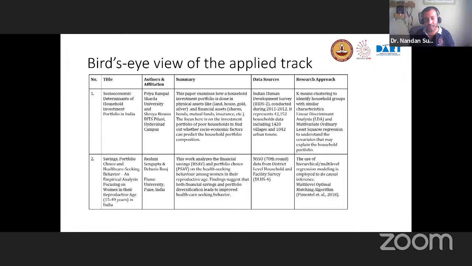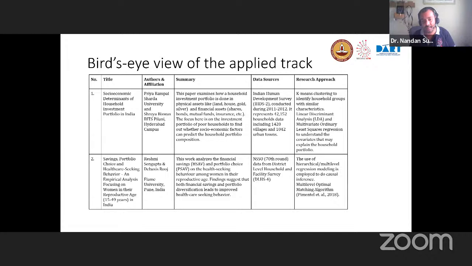In some sense, what does the research throw light on? So, ranging all the way from, for instance, the work that we saw with Priya and Shreya, talking about socioeconomic determinants of household investment portfolio. Broadly, this notion that can I look at a household structure and determine portfolios, right? So one very interesting question always comes up, and this makes for great